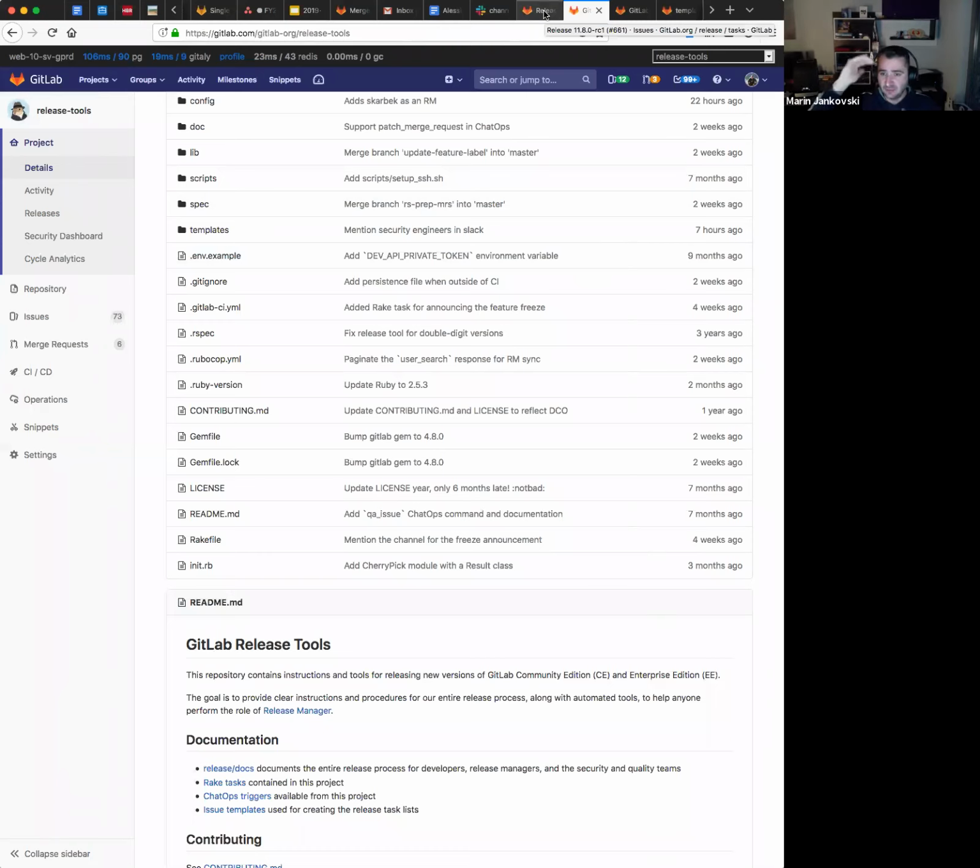inside of CI, release tools will clone all of the projects. It will clone Omnibus, it will clone GitLab CE, it will clone GitLab EE. It will tag the release on top of the stable branch. It will tag the release on top of the EE stable branch. So the version file of GitLab CE,